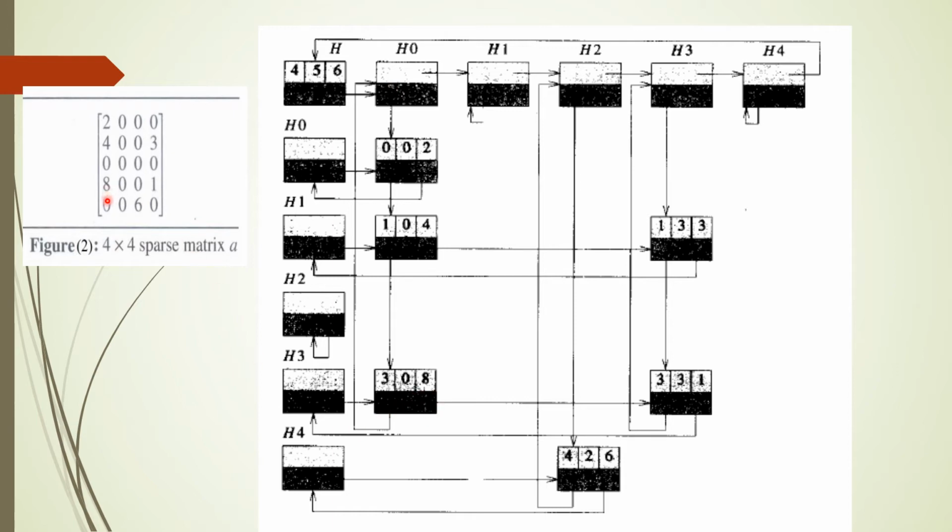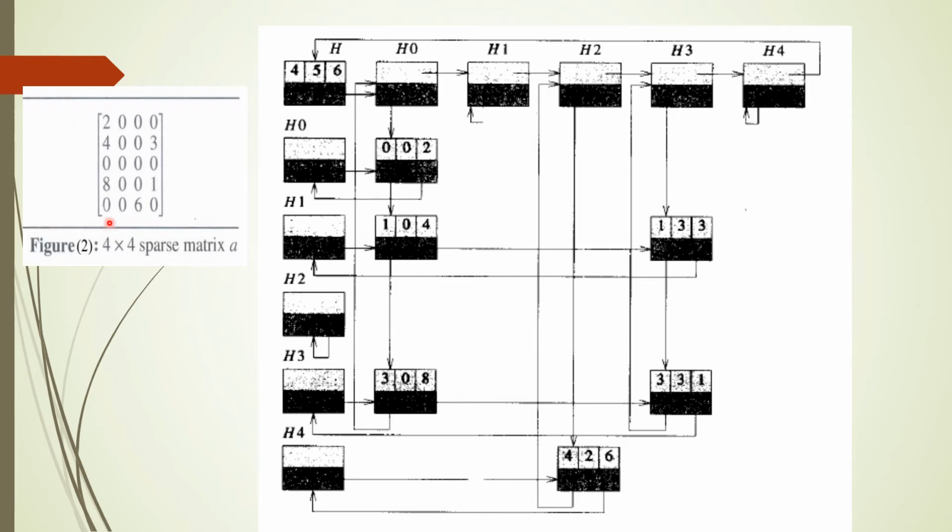there is no non-zero element in the same column, therefore the downfield is pointing to its header node, and the right field is pointing to the next non-zero element in the same row, that is 1. So the next non-zero element is 1. 1 is present in the third row and third column, so it is 3 3 1. After 3 3 1, in column number 3, there are no non-zero elements after the element 1, so down is pointing to its header node and right is pointing to its header node.